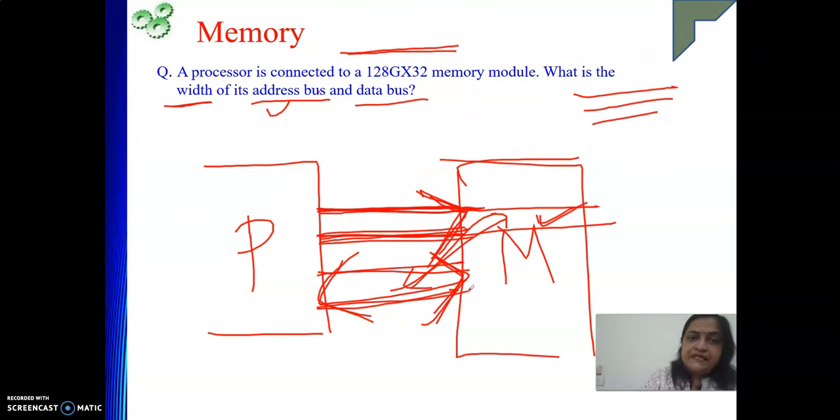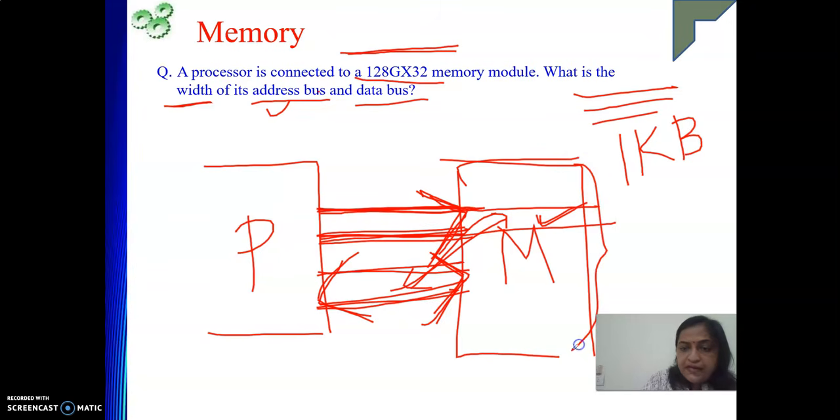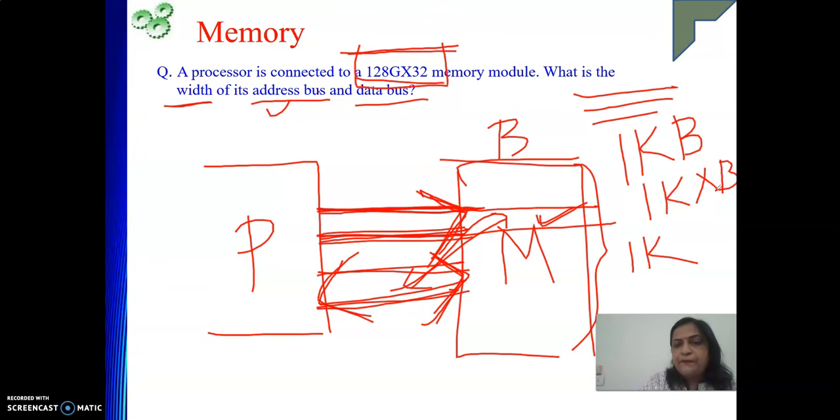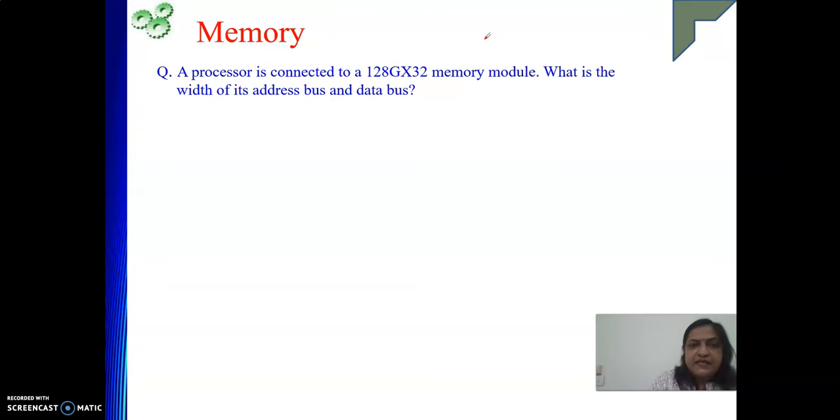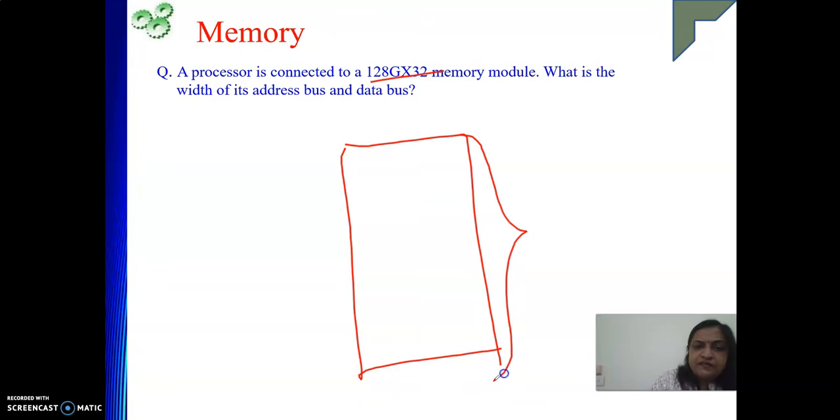So see what it is telling, 128G by 32. When I said in the last slide that your memory capacity is 1 KB, what have we understood? 1K number of locations are there. One location is holding 1 byte. Now what they are saying, you have 128G by 32. This you can say is 1K by 8 also, right? Similarly, this 128G by 32, that also you can say is what? See, 128G by 32. That means in your memory, how many locations are there? How many?